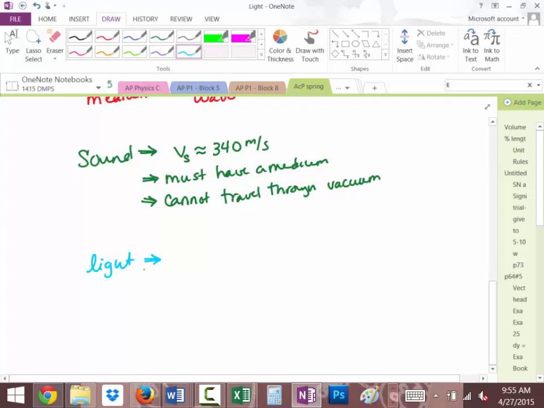Light has a speed that it moves at also. You mentioned in the list of things that we know that it moves a little bit faster, yes? The velocity of a light wave, of any light wave in a vacuum, is the fastest that anything can move. According to all of physics, that's a lot of stuff. Our understanding is that nothing can move faster than the speed of light in a vacuum. The speed of light in a vacuum, we usually don't write V, we usually write C. It is a constant. The speed of light in a vacuum